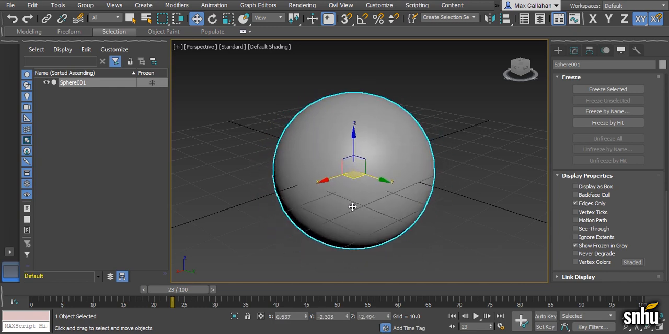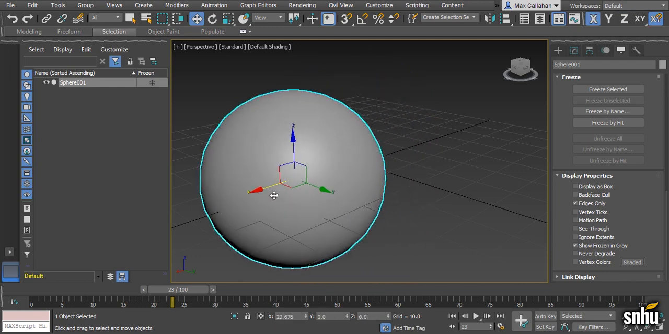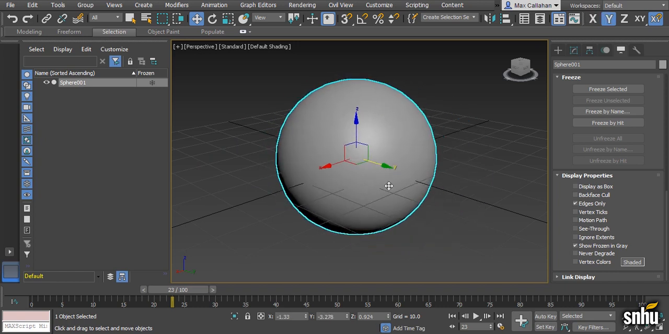I can also move in only one axis at a time. So if I click on just the blue Z arrow and drag this, I'm now moving just in the Z axis. I can move just in the X axis, just in the Y axis. So learning how to use the gizmo is really important as you begin to model and begin to arrange your